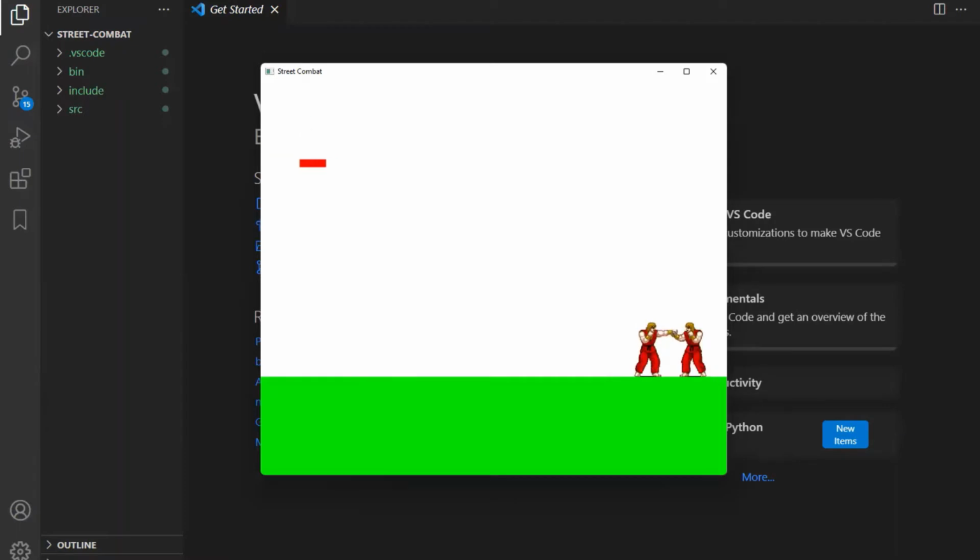Since we have lost all our health, we are the ones that lose this game and the AI wins.